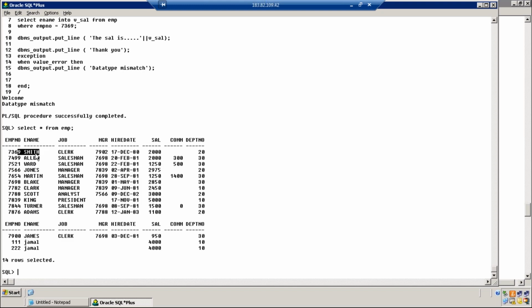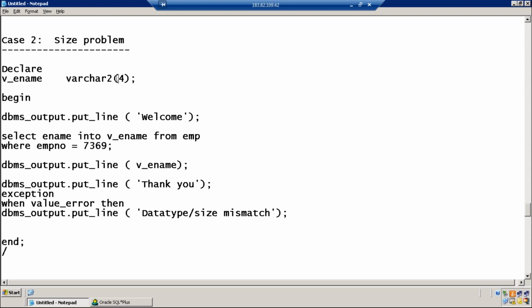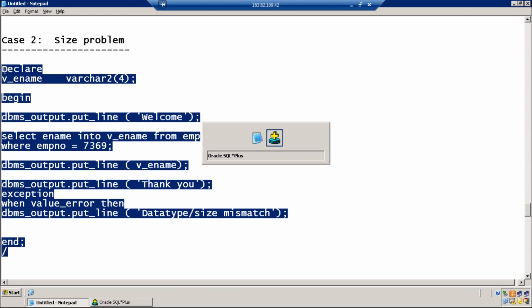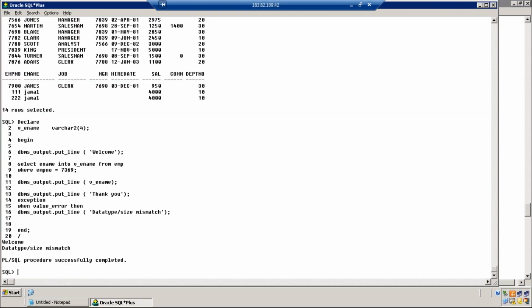It is five letters long. The variable can store only four letters. Here the problem is not the data type. The problem is with the size. In that case also you get a data type or size mismatch.